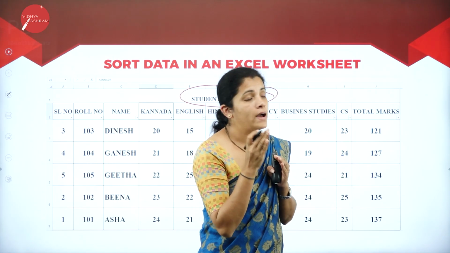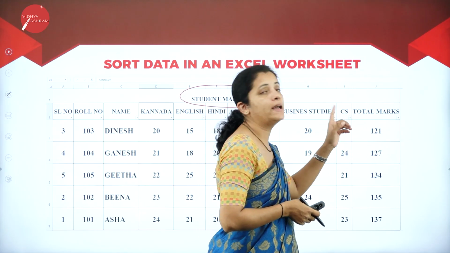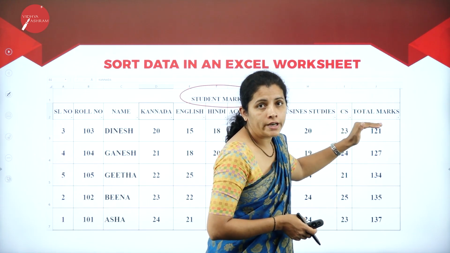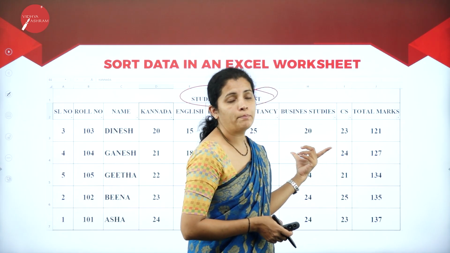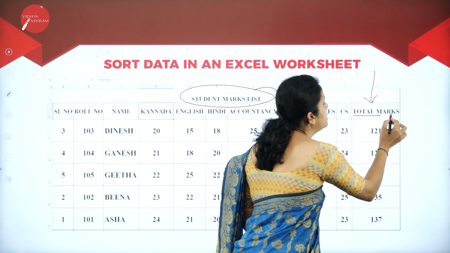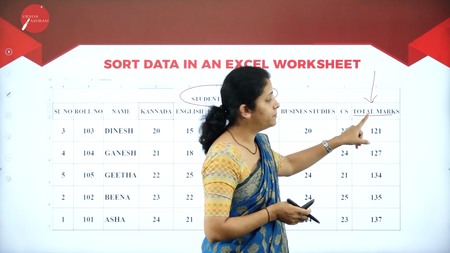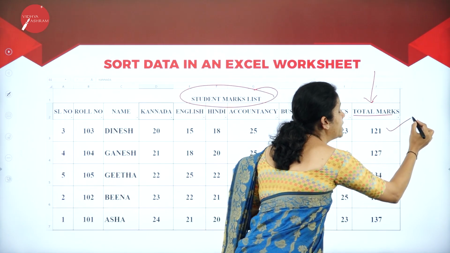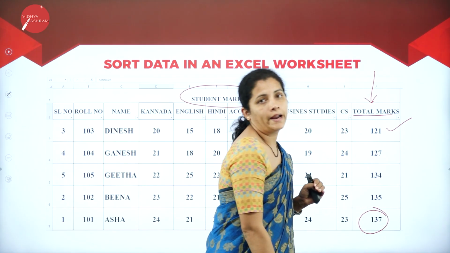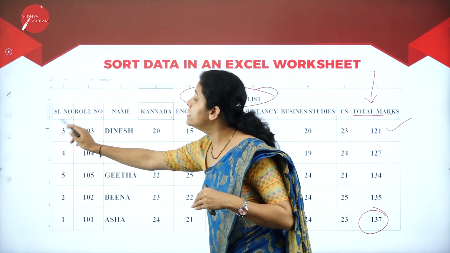Now I'm going to apply sorting for the field total marks, and when I apply the sorting command, what am I going to get? I'm going to get the sorted data. According to this example, I have applied the sort command to this field. What is the field here? That is total marks, and I applied ascending order. So for that reason, I'm going to get the smallest number at the beginning and the largest number at the end.